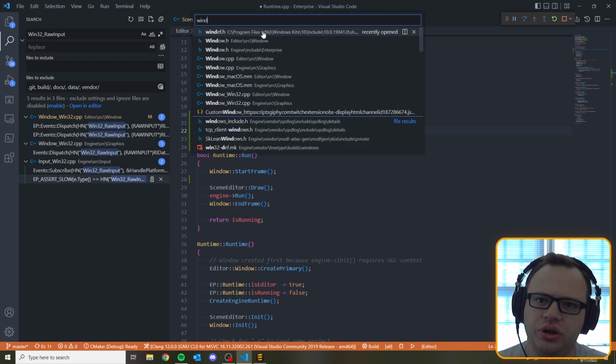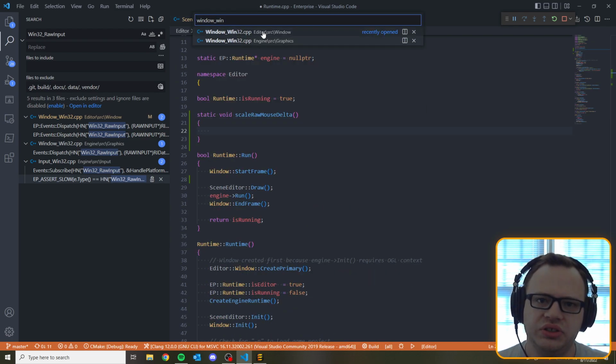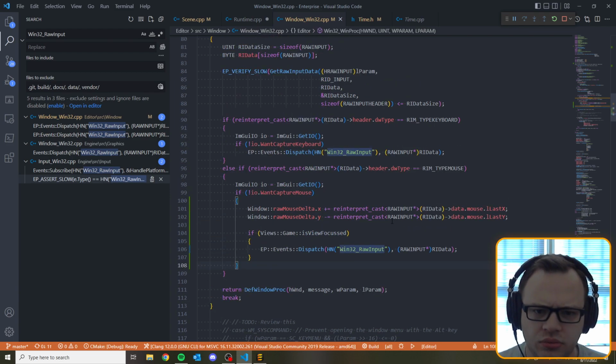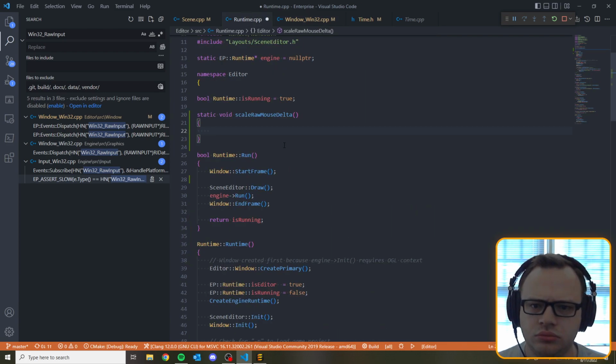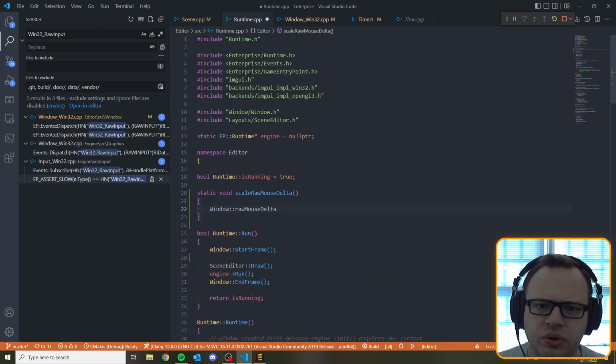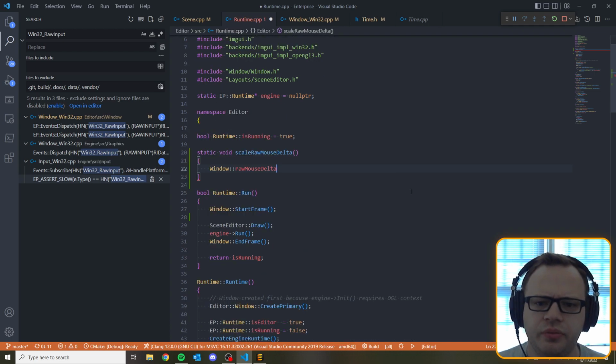Let's open up Win32 on the editor. Window raw mouse delta dot x and dot y. Do I have window exposed here? I do. So window raw mouse delta divide equals